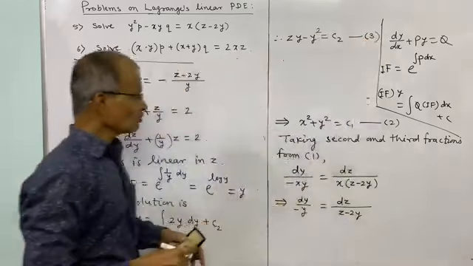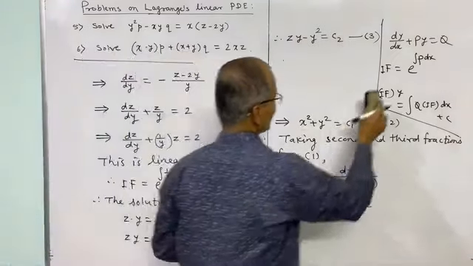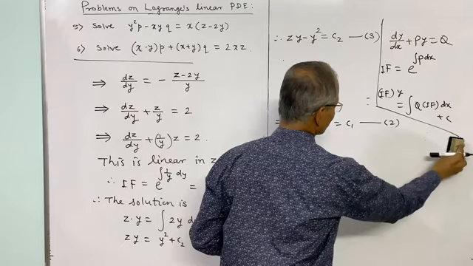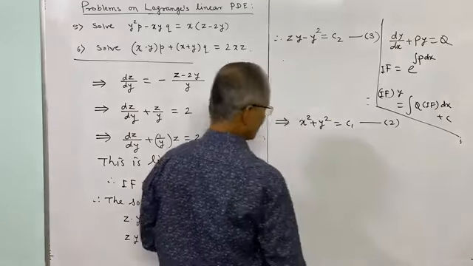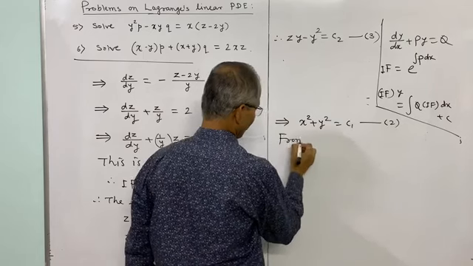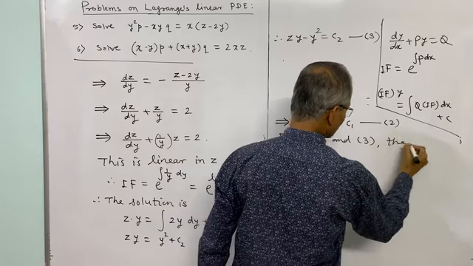And thus from 2 and 3 the general solution can be written, or the general integral is from 2 and 3. So the general integral is